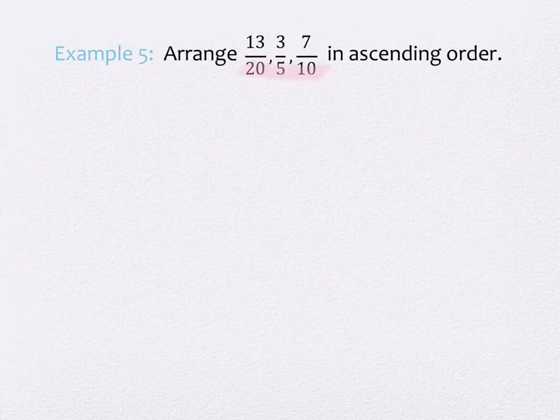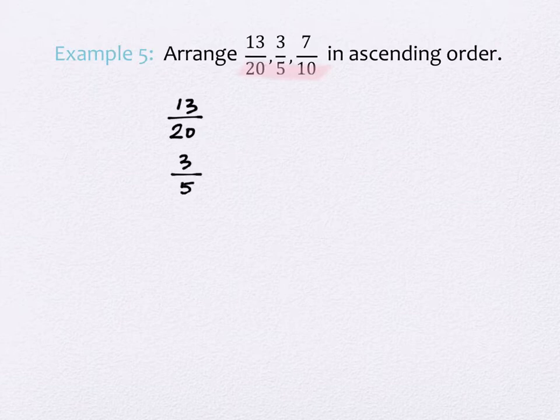And that's actually not too bad of a thing to ask for these particular fractions. What fractional denominator would be nice for these three? 20. And one of them is already in that form, right? So one of them is good to go, the 13 over 20. So I'm just going to rewrite it over here. The next one is 3 over 5. So what would I need to do to get the 3 over 5 to have 20 as its denominator? Multiply it by 4. Right, multiply it by 4, and I would get